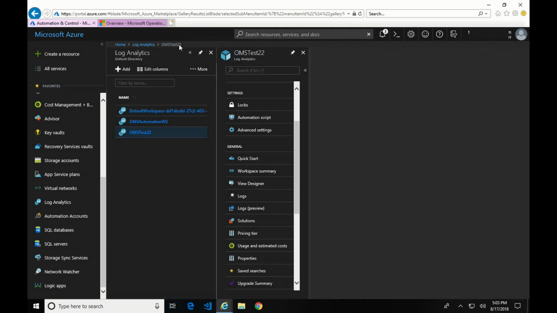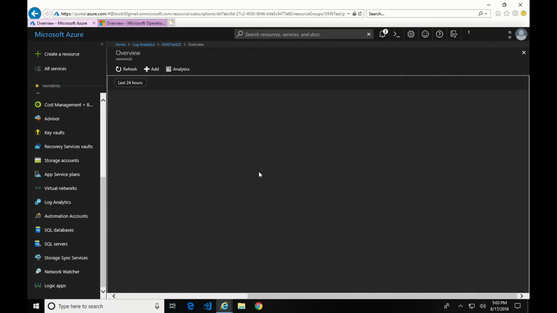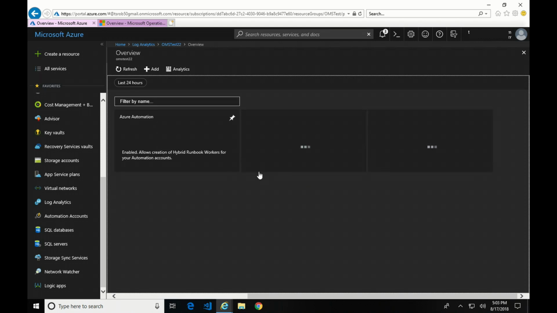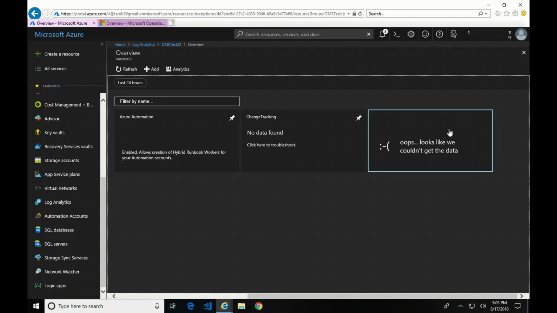Now if I go back to OMS test and go to workspace summary, you can see I've got a couple things here. I've got automation or Azure Automation, change tracking, and it looks like it can't get something. That's to be expected as it was just set up. So I'm going to go back now to